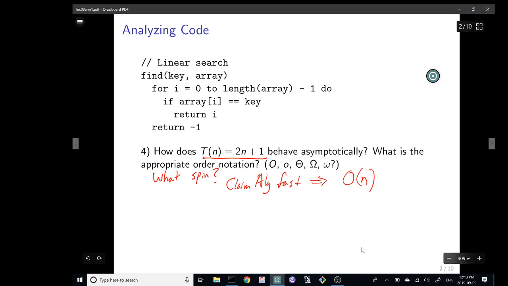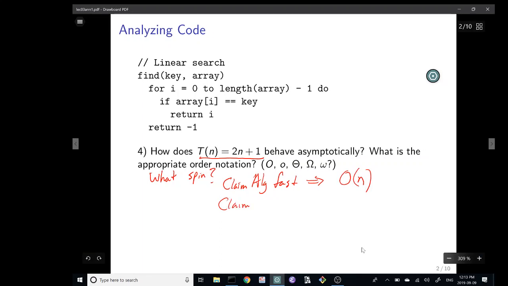If, on the other hand, you wanted to claim that the algorithm is slow because you happen to know that this linear search thing is just terrible. It's so slow. Linear search takes forever. Why would you want to do linear search? Why don't you use logarithmic search? Why don't you get a quantum computer and do search in square root of n time? Wow. Can you do that? What would you say if you wanted to say this algorithm, the non-quantum algorithm, is slow?